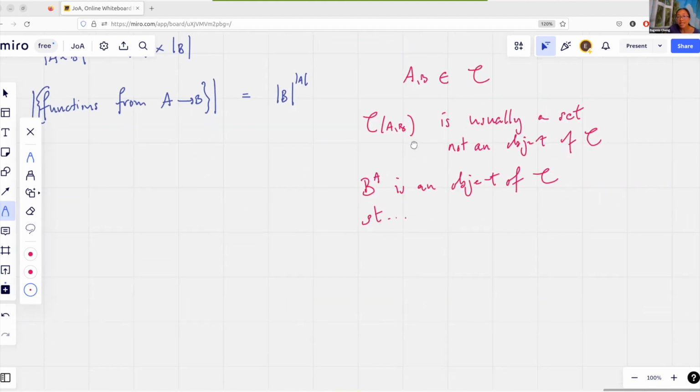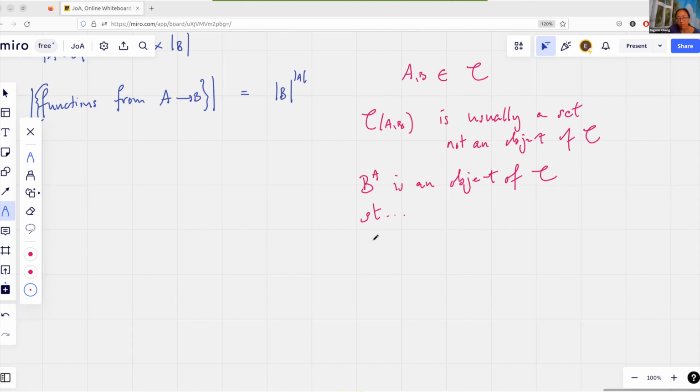So basically, the idea is that if you have a morphism from X into this function space type thing, that should be the same as a morphism from X cross A into B. Because a function from X to a function, if you just think of this as functions, a function